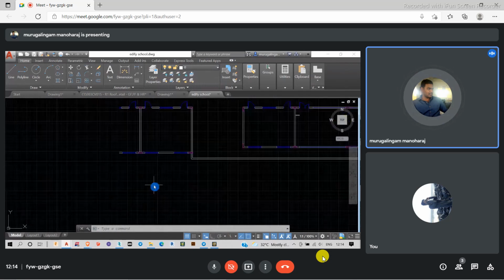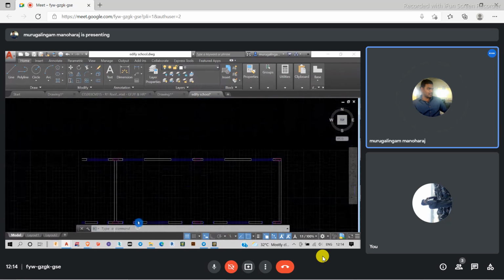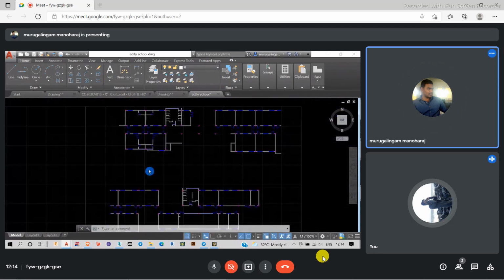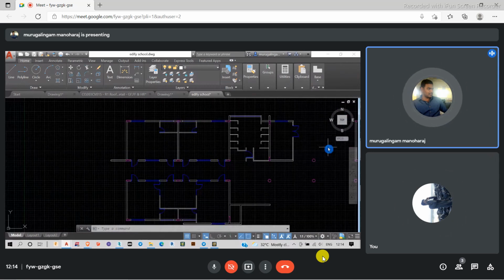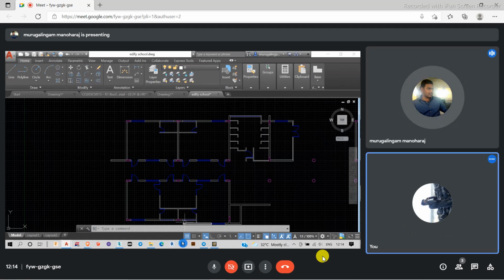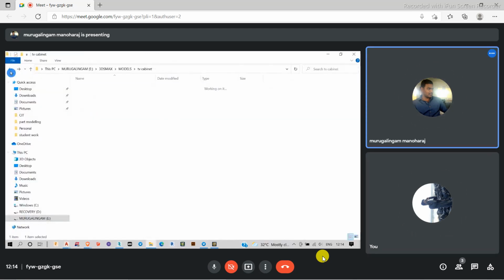So these are the columns. I need the column positions. I have studied them, and these are the walls. Like this, I can easily understand the drawing. This is the main purpose of layers. I can understand where things are and what I want. I can easily hide them and easily show them. Okay? Are you able to understand this one? Apart from that, I have one other usage for this.